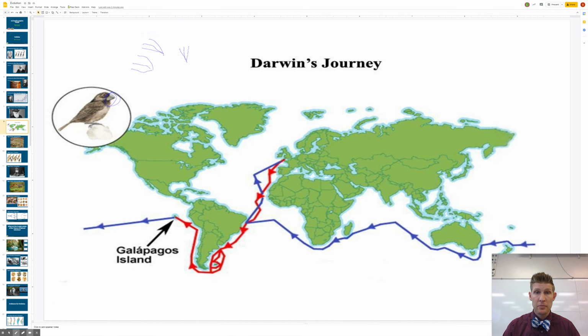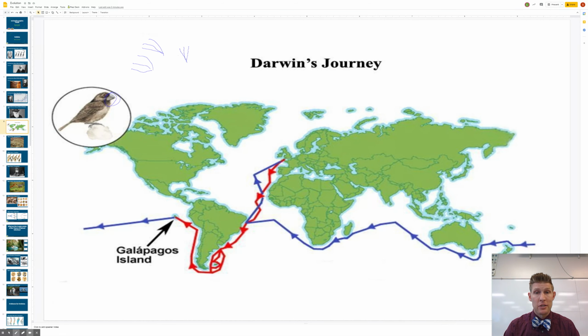Okay, the species can change. That's what he had to change his mind about, that a species can change. It doesn't have to stay set in the way that it is. And so, based on its resources, it's going to change. And that wasn't hard for him to change his mind about. His beliefs about species being able to change based on their resources, that was pretty easy for him.